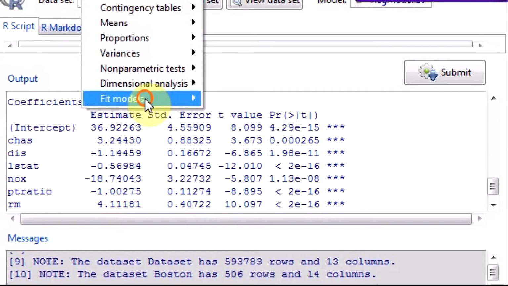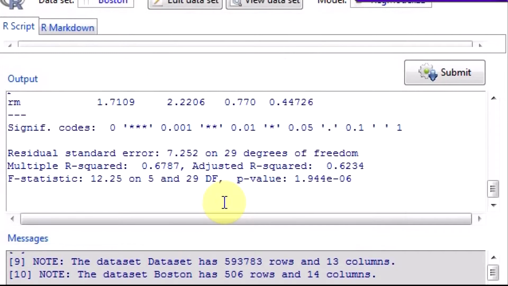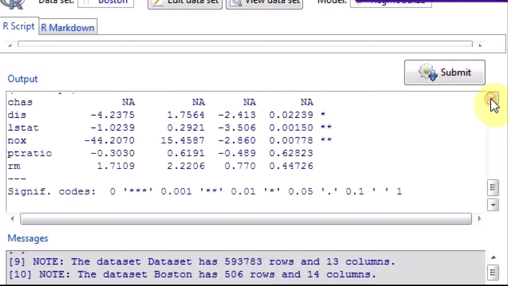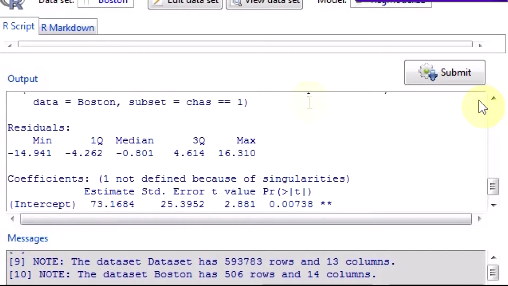So do statistics, fit model, linear regression, and subset as Chas equal to 1. It says coefficient not defined because of singularities.